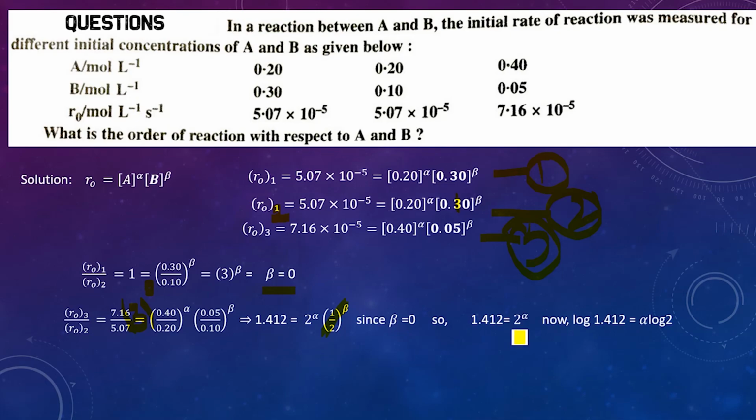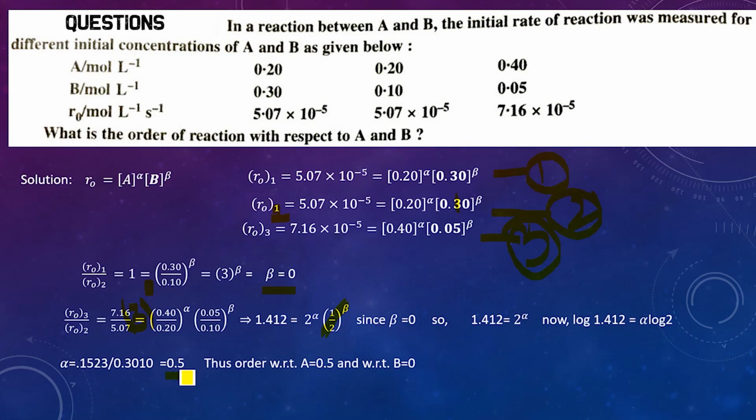So what will you get? You will get 1.412 is equal to 2 power alpha. There are two ways. One way is to find the log, or you can do the direct way also. Let me explain. Take the log on both sides. It will be log 1.412, and this will be alpha log 2, isn't it? Log 2 value is 0.3010. This is log 1.412 value, you will get 0.1523, and this is the log 2 value, 0.3010. So alpha will be this upon this. If you solve it,